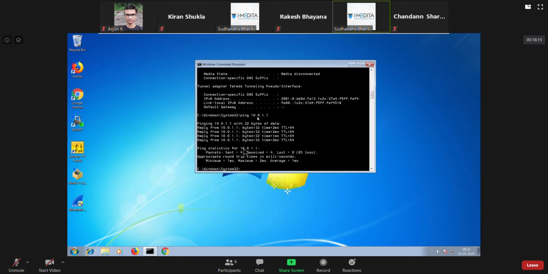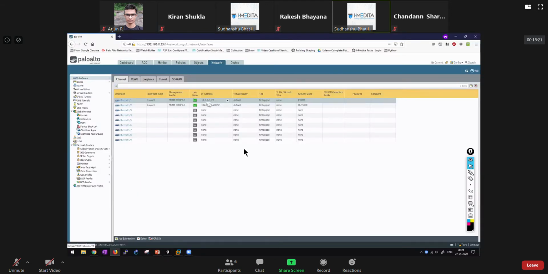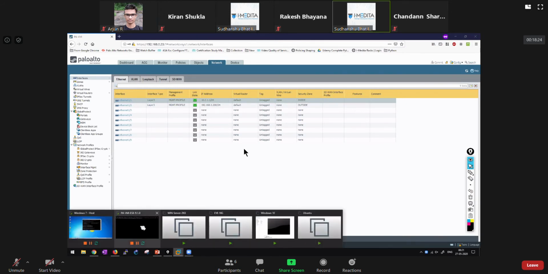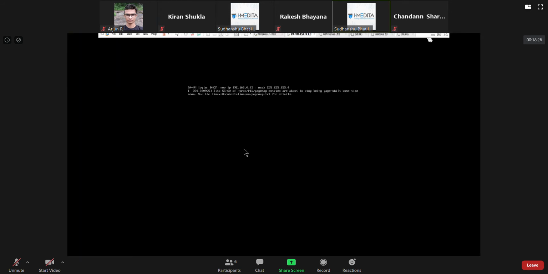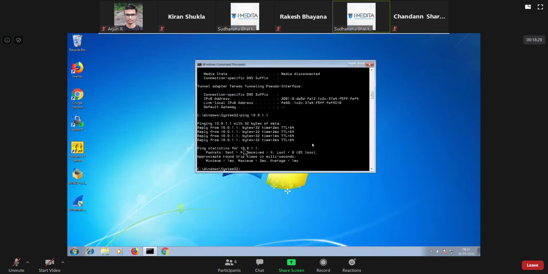So I'm able to ping my gateway, which is basically this IP address. And if I even try to ping google.com, it's going to work.